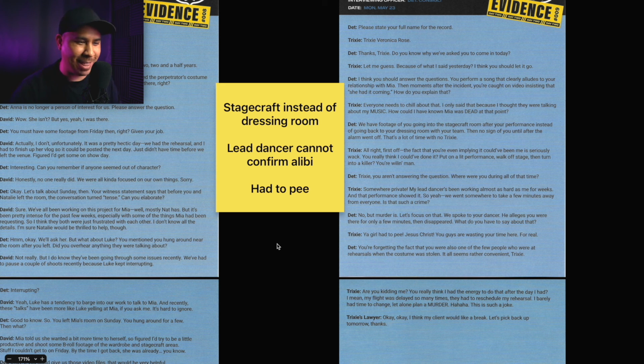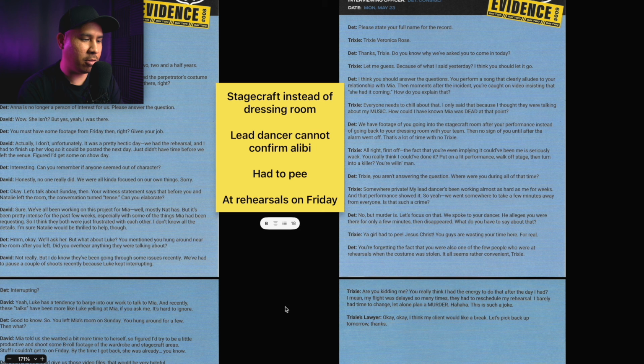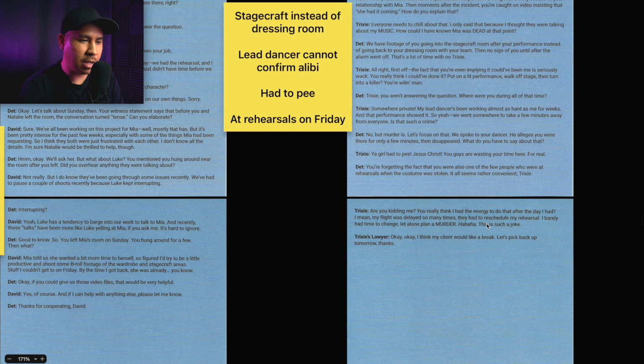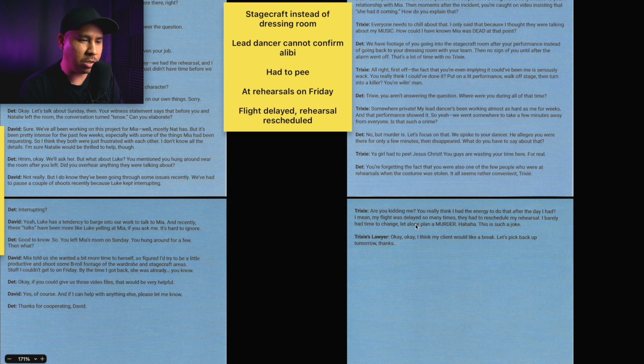But that's just what I think if I were writing this. And then, of course, she had to have been at the rehearsals because she had to rehearse. This part too, I don't know why this stuck out. It said her flight was delayed and they had to reschedule her rehearsal. Barely had time to change. Okay. All right, let's just move on then.